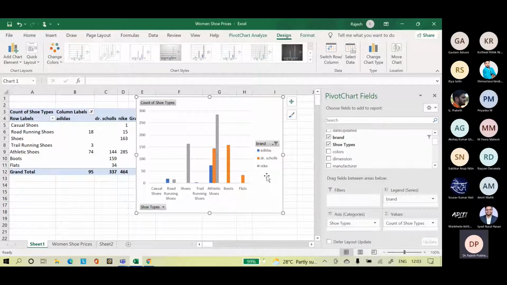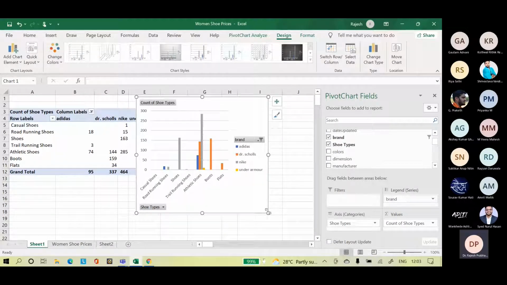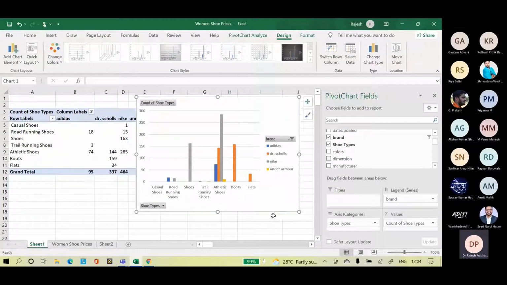Now we can see Dr. Scholes. Again, a duplicate brand. Under Armour also we can go for Under Armour also. Very few shoes are there in Under Armour also.